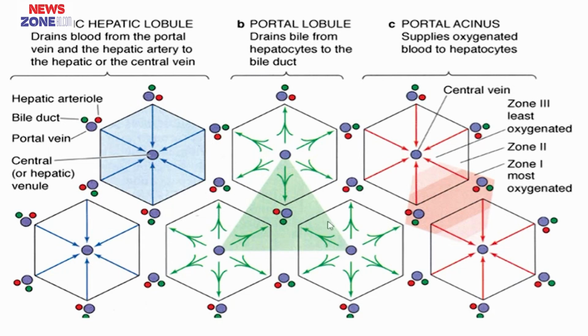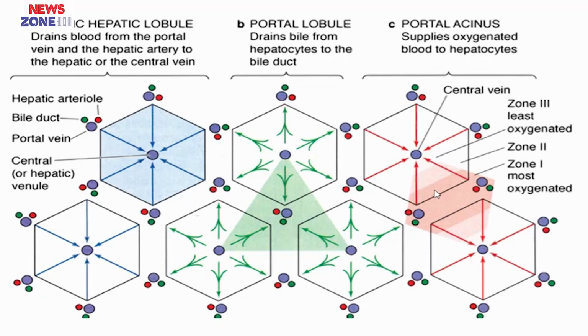This triangular structure is known as the portal lobule, which connects the three central veins of three classical hepatic lobules, and in its center is a portal triad. The portal acinus is diamond in shape and connects two central veins,